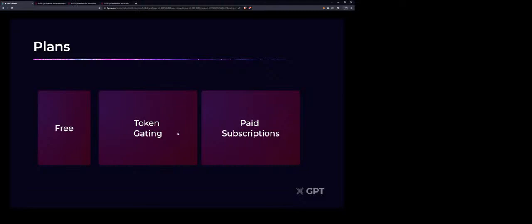Holders of XGPT tokens will be rewarded. They don't need a paid subscription, and they can use the complete features of the app as long as they are holding some X amount of tokens for X amount of time, which we will disclose later, what those numbers will be.